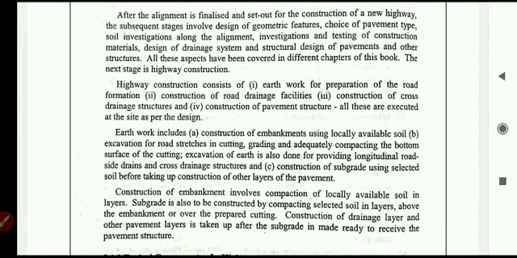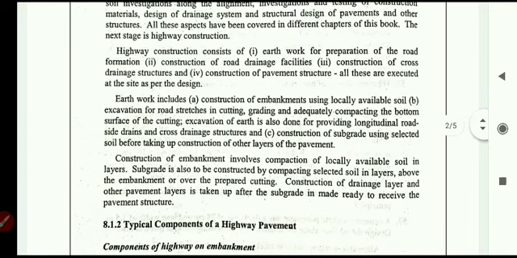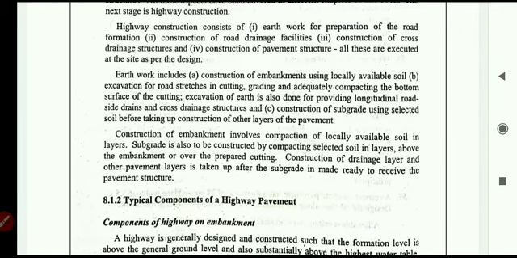These drains are very useful for draining the water from the surface of the pavement during rainfall, or whenever water enters the surface of the pavement. That water is immediately removed with the help of camber. After removing the water, it is made to collect at the cross drains, and when it is collected, that water is removed through the cross drains by providing longitudinal slopes. So this is also one of the structures just to drain the water.